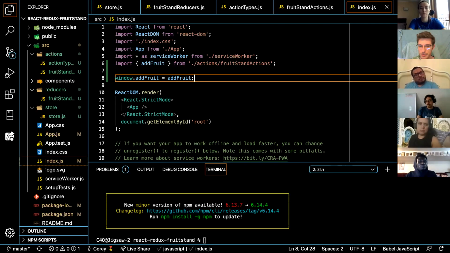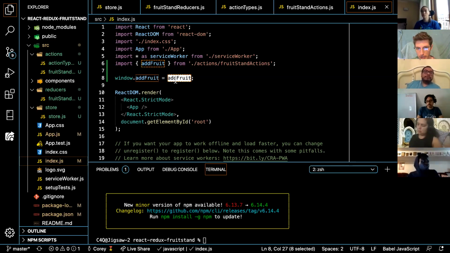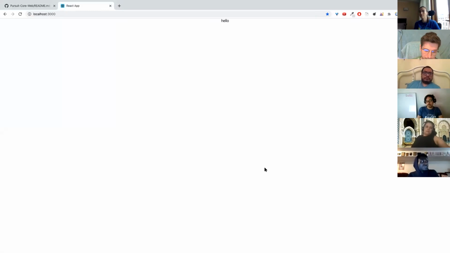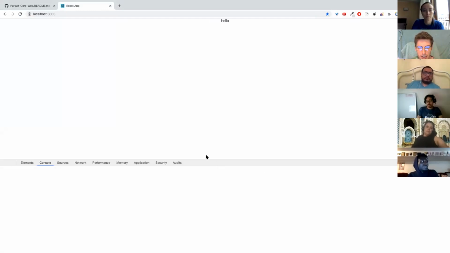So what does this do? I kind of cheated a little bit because we'd already written a bunch of stuff. But if I was writing this from scratch for the first time and I created this action creator, I should check that it works. So I write window.addFruit equals addFruit. This is adding a property to our window object that points to this function, addFruit. So inside of our code here, even though we've got nothing going on in our application,